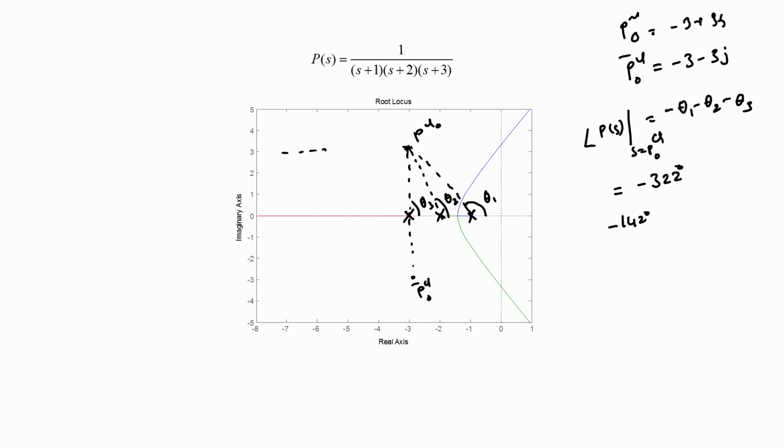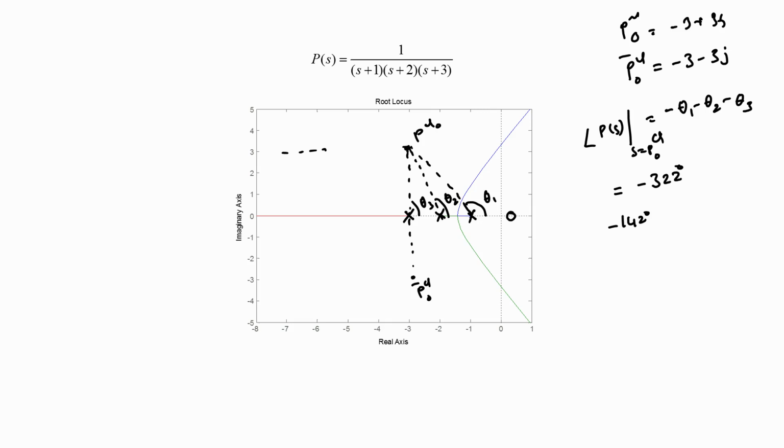Now, if we were to choose to go with a single 0 for our controller in order to supply this positive angle of 142 degrees, then that 0 would probably have to be located on the right half of the complex plane. So, our 0 might have to be located here somewhere on the right half of the complex plane for the angle subtended by that 0 at the point PCL naught to be equal to plus 142 degrees. The problem with locating a 0 on the right half of the complex plane is that it becomes a non-minimum phase 0, and it is something that we wish to avoid for reasons that we will get to in later lectures.